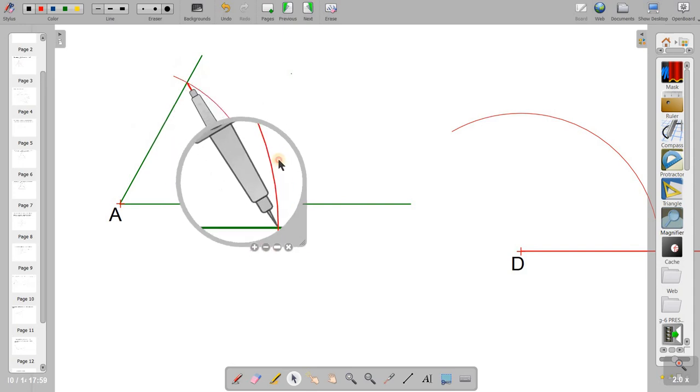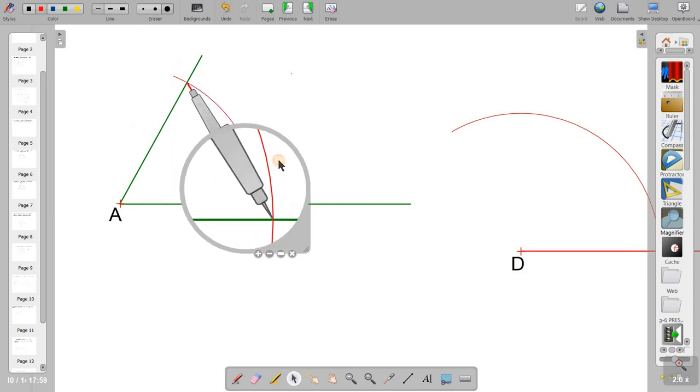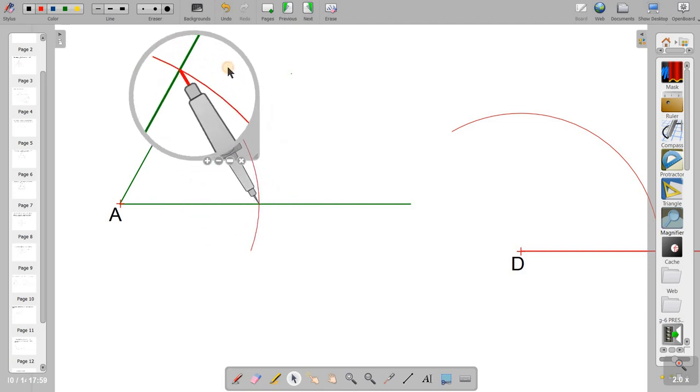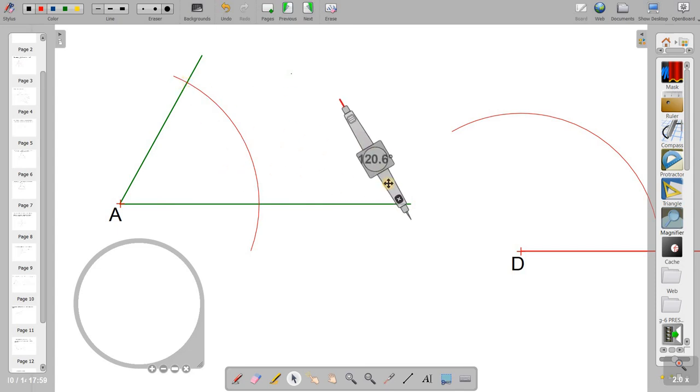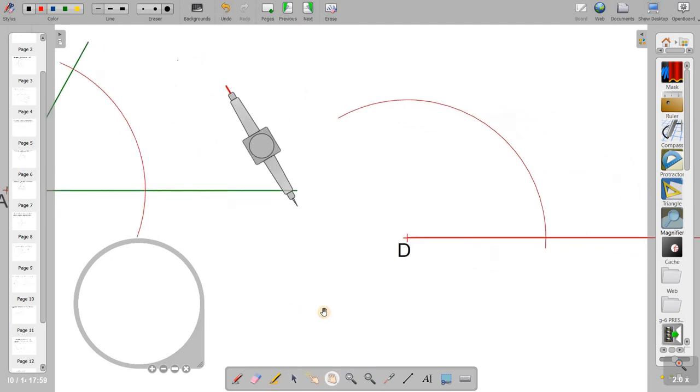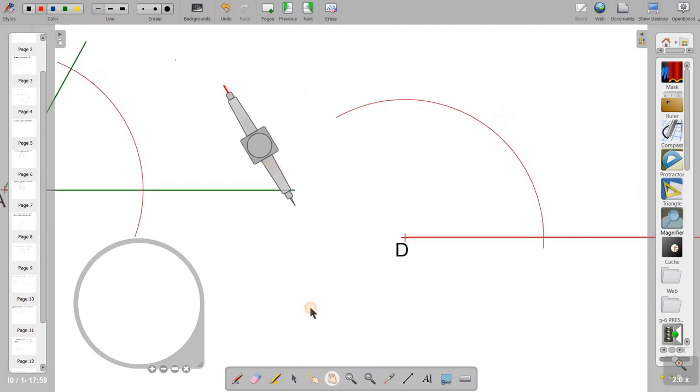The distance set in the compass is equal to the distance between the points of intersection of the arms with the arc. With this length set, I can draw this one here. I have to bring it over here so that I can take that distance. This point corresponds to this point C. After that I will rotate it so that I am able to draw. Now I can draw it.